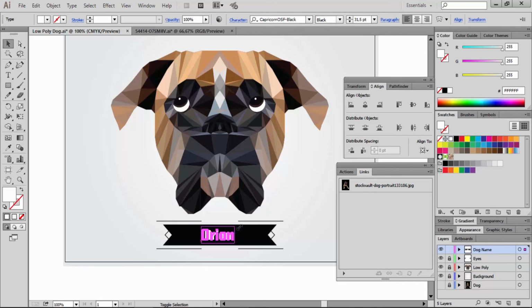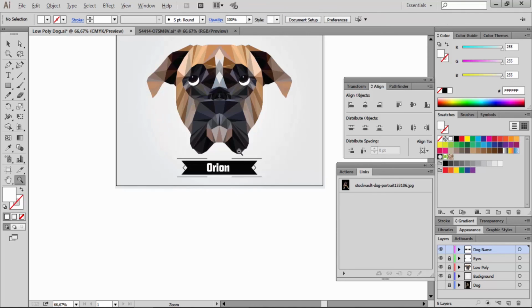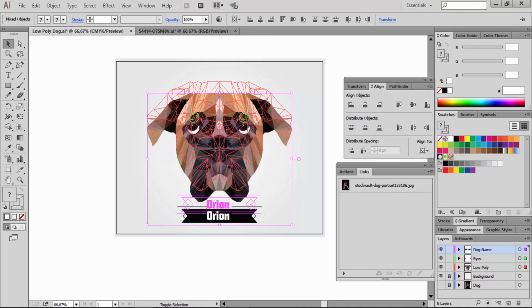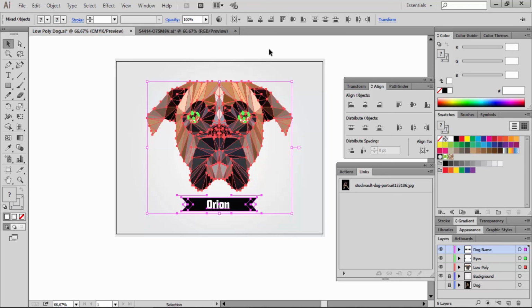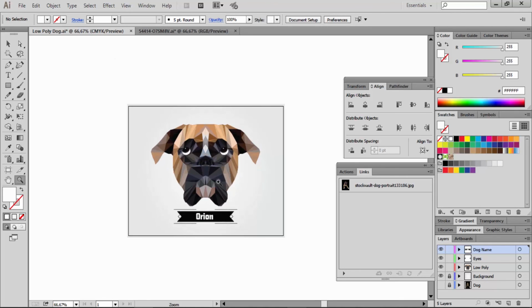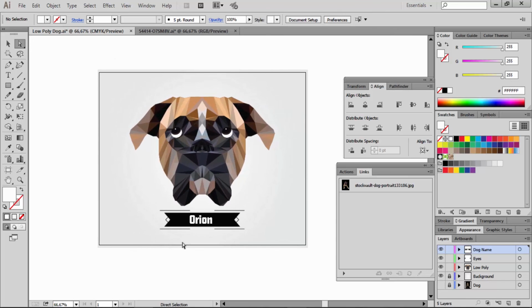Make it bigger, and let's see how this looks. Now this looks very good, but let's unlock these layers and let's align this a little better. Something over here. Now our dog is complete and with a very nice name.